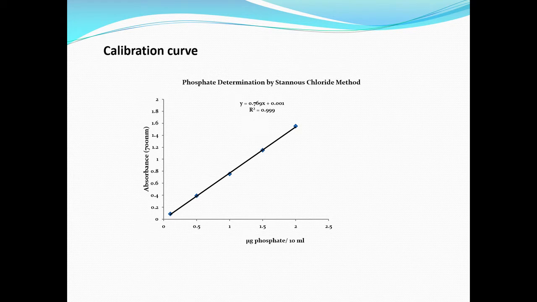Even 0.5 ppm arsenic keeps on interfering, and at 100 ppm level, yes, we could manage it to some extent. So, with this interference data I would like to conclude about the stannous chloride, and then the next element on my radar is